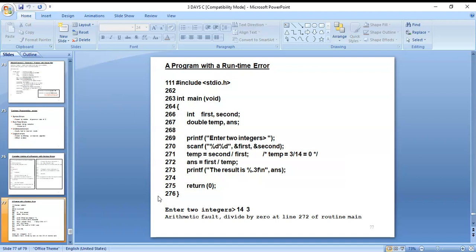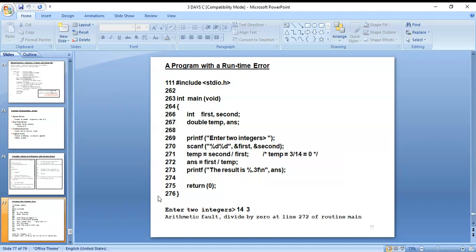Next, this one is also a program where first and second are the integer variables, and temp and answer are doubles.